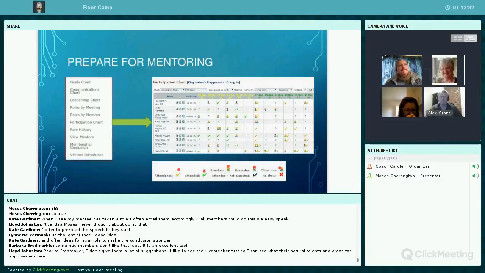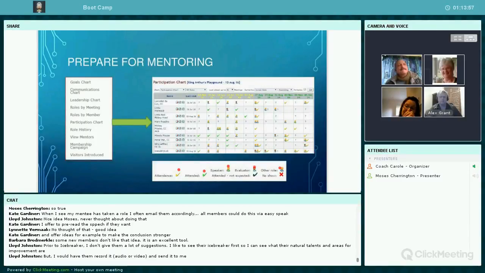I have also used other methods where some members who are not in the habit of writing out a speech, who would much rather visualize it, I do a little visualization exercise with them so that they mind map their speech and make that task of presenting it a bit easier for them. This is especially useful for people who are not as literate as others. And yes, I've found that that has empowered them to move forward.